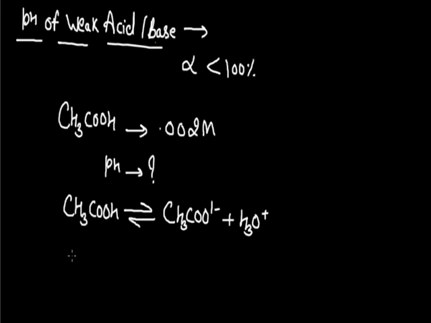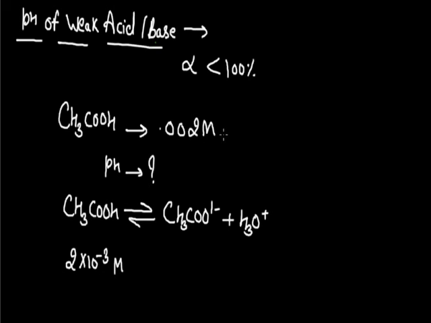Since the concentration of acetic acid is given to us as 2 into 10 power minus 3 M, there are 2 into 10 power minus 3 moles of acetic acid present in 1 liter of its solution. But it cannot be taken directly that all molecules of acetic acid will undergo ionization. Since acetic acid is an example of a weak acid, only some acetic acid molecules will undergo ionization, and how many are undergoing the ionization process is told to us by the degree of ionization of this acetic acid.